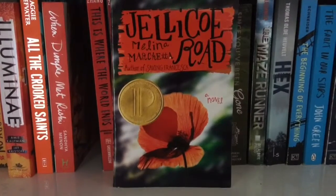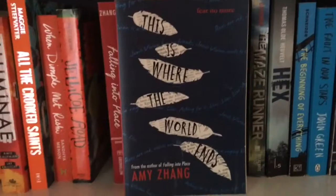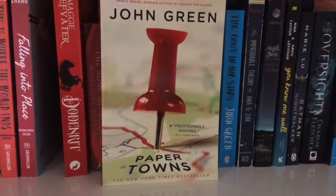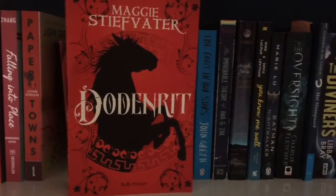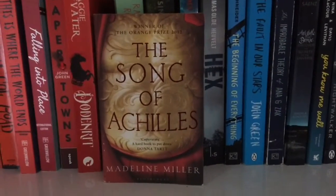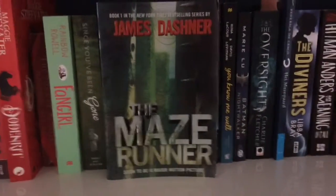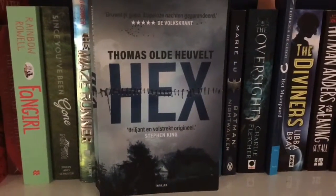Jellicoe Road by Melina Marchetta, This Is Where the World Ends and Falling Into Place, both by Amy Zhang, Paper Towns by John Green, a Dutch copy of The Scorpio Races by Maggie Stiefvater, translated as Dodenrit, The Song of Achilles by Madeline Miller, Fangirl by Rainbow Rowell, Since You've Been Gone by Morgan Matson, The Maze Runner by James Dashner,